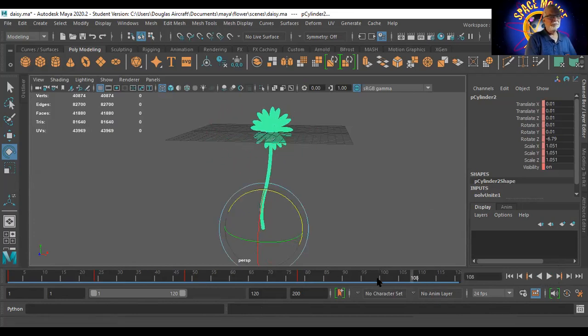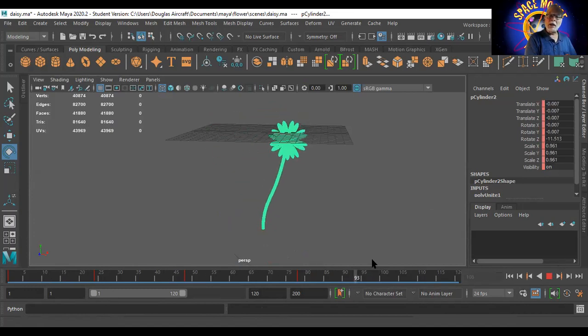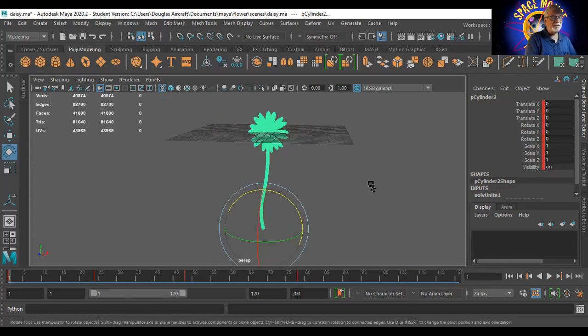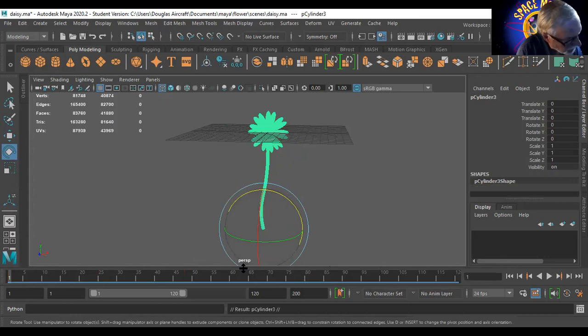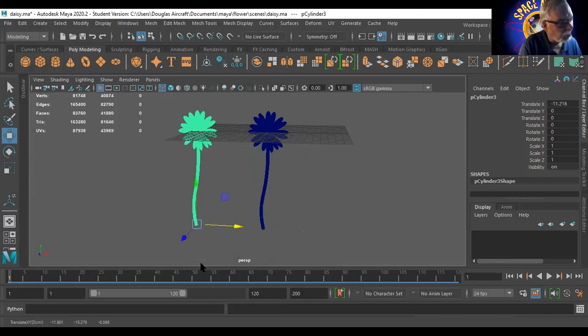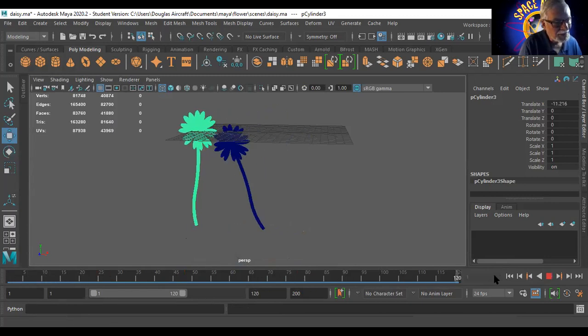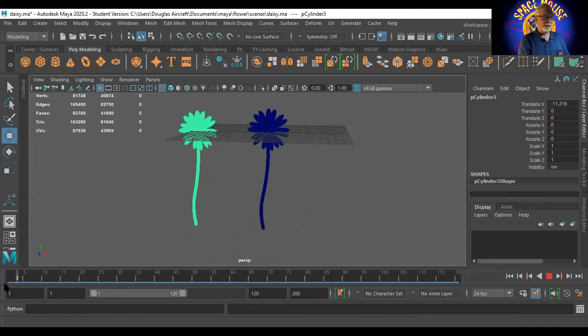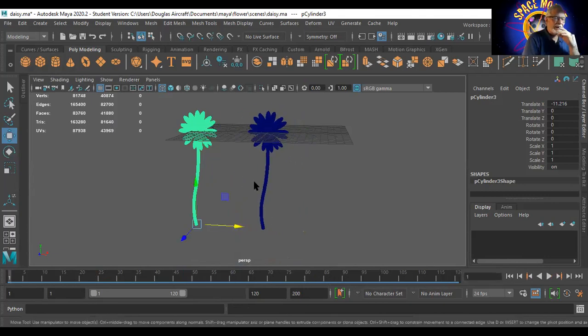So anyway, I like that graph editor because you can go in and set it. Now, it's also neat that I believe if I duplicate this and I did Control D and I move it, I believe they both will have the animation. Nope, sorry, that didn't work. Well, that's too bad, but I think I can go here